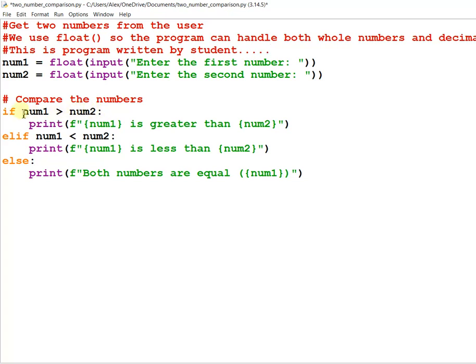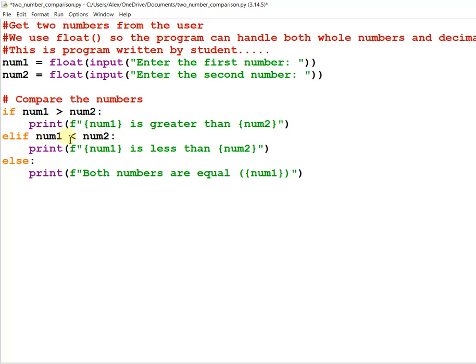So you can see nothing is closed over here, and there is a single colon. This is called a colon. Then indent, and in the program you can see indentation is used very nicely. It shows how the program is written, and every instruction in each line is very clear. Then again print is a function, and whatever is written in the bracket is a message.